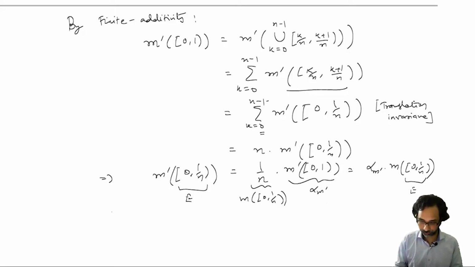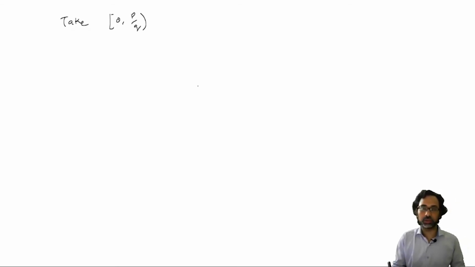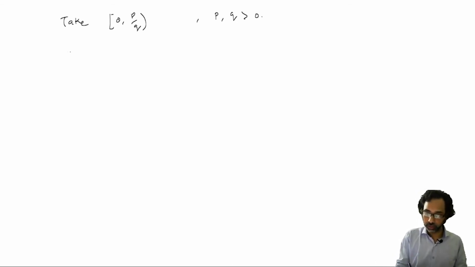Now I am going to do the same thing, but for the set [0, p/q). So we have done it for 1 over n. Now we are going to do this for every positive rational p over q. So here p and q are greater than 0. So this is our E now,